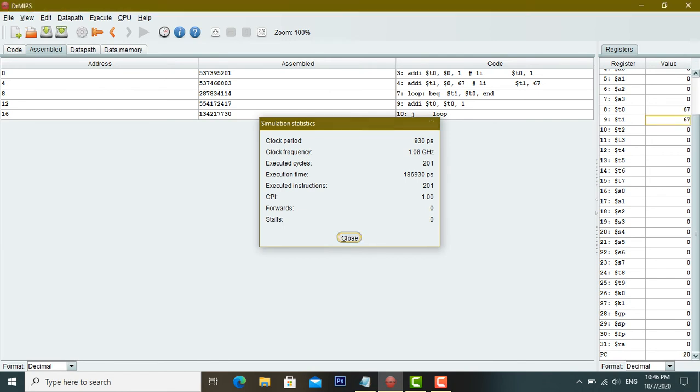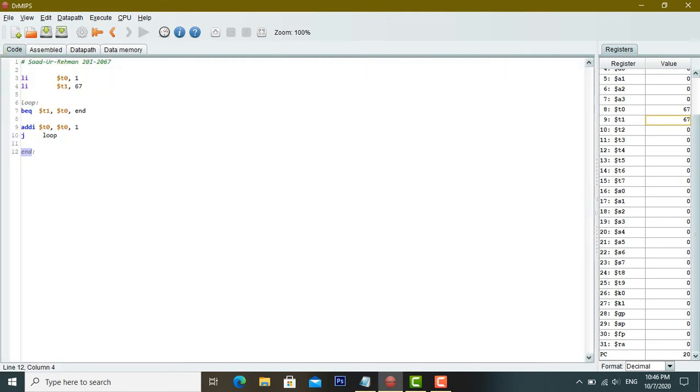So now we have to change our code so we can run this program in reverse order. We have to start with 67, and we have to decrement temporary register 1 by 1, and when temporary register 1 is equal to the value of temporary register 0, it will stop working.